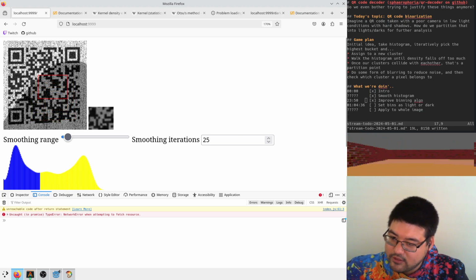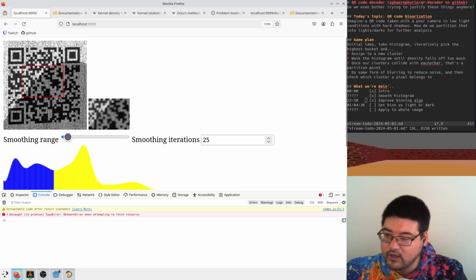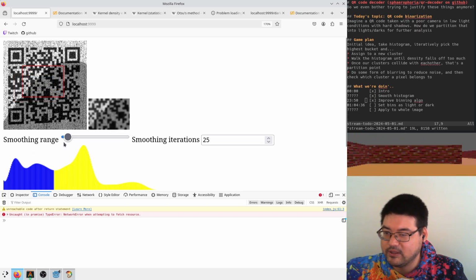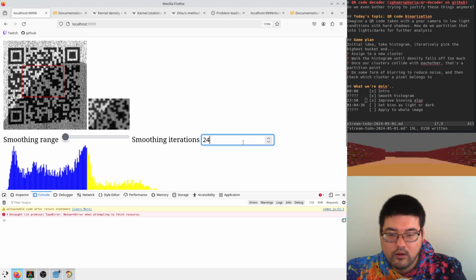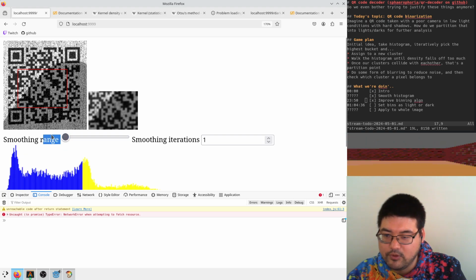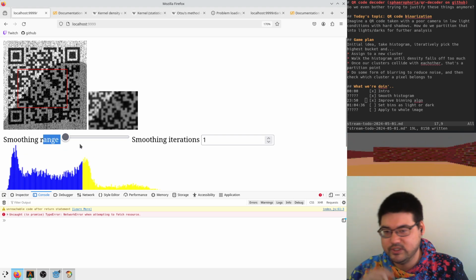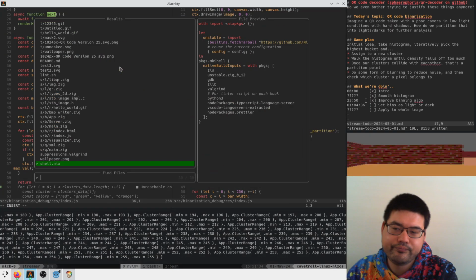Sorry, I'm not really saying anything because I'm just staring at this histogram, selecting over and over again. Does anyone else expect the histograms to be a lot more peaked? I mean, without the smoothing, it might be. There's some blurring going on as well as histogram smoothing, which is not helping, right? If we take out this blur,